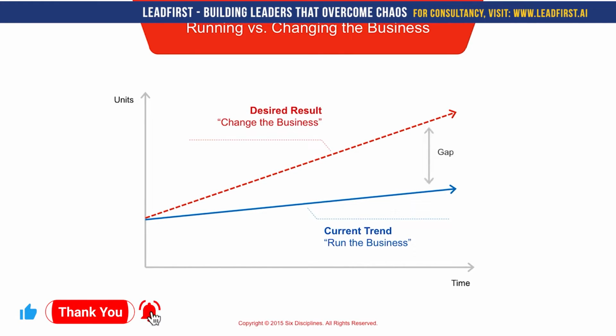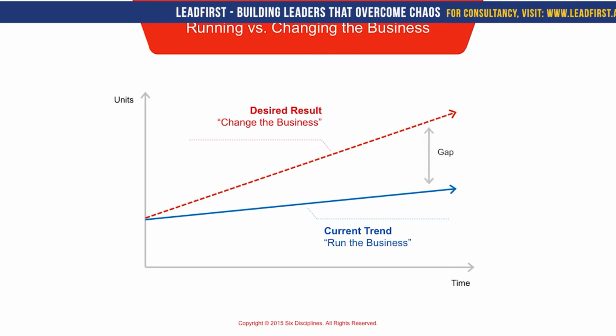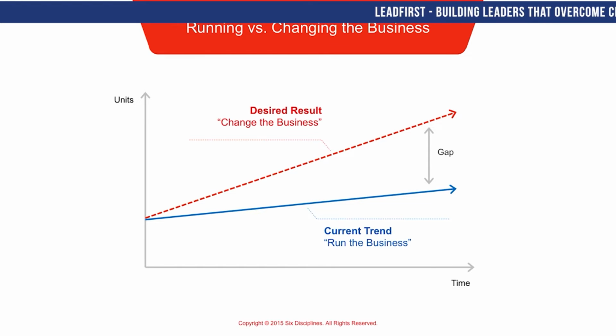And the lower line represents running the business, doing what you know how. And the upper line says what you'd like to achieve. And so closing this gap is where the challenge becomes, and trying to balance doing both at the same time. It's walking and chewing gum. And so the plan has to reconcile this, how to resolve it.